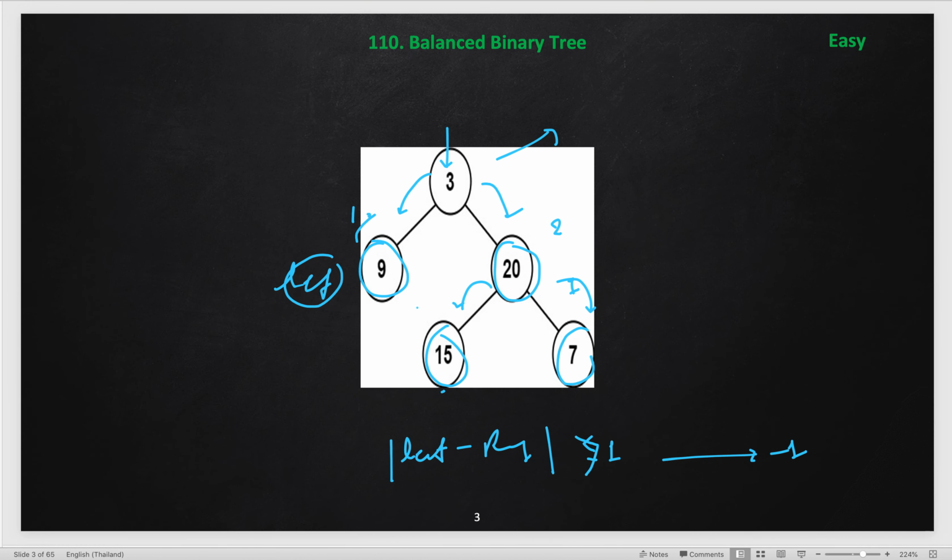Now, what is the time complexity of this code? If you see, here we first went into the total depth of this tree by recursively calling the height method for the left and right subtrees. So we are processing every node just once, and we are making use of an integer variable, the height for unbalanced, and we keep going up using this. So, the time complexity of this solution is O of n.